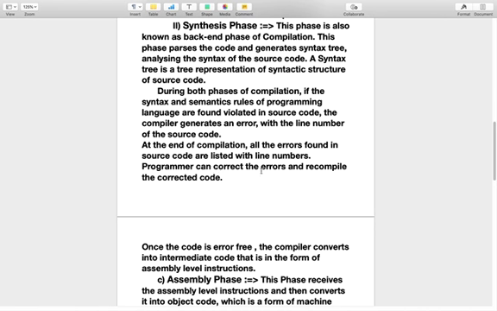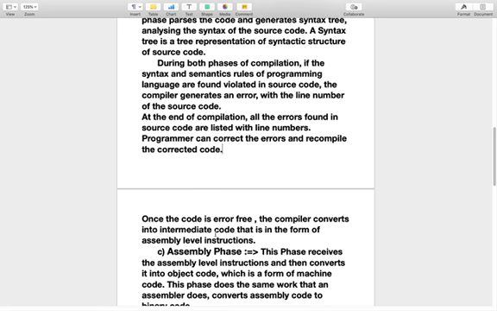The programmer can correct the errors and recompile the corrected code. Once the code is error free, the compiler converts it into intermediate code that is in the form of assembly level instructions.